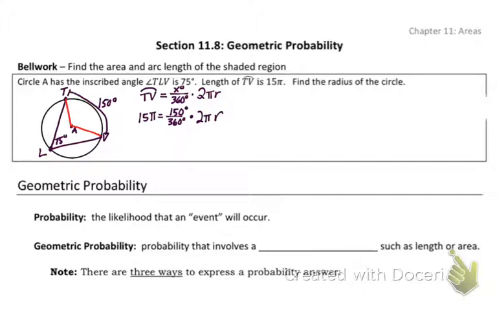Hey, wait a minute. Everything's a number except for r. So I can let my calculator do this work. I can just go 150 divided by 360 times 2, and then 15 divided by whatever that number is, because our pi's are going to cancel out. And r is going to equal